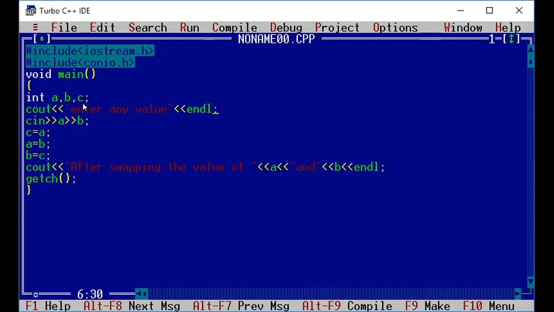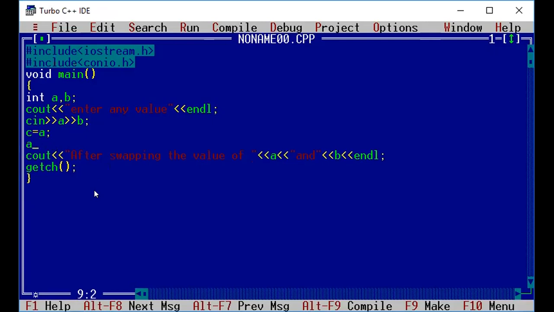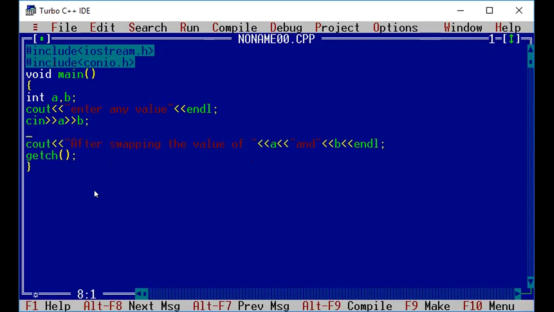So in the previous program, we used this variable C as a third variable where we just assigned the value. So now we are going to remove this variable, because we want to swap two numbers without using a third variable. The rest of the program is the same. We just remove this logic, and we are going to apply the logic for swapping two numbers without using a third